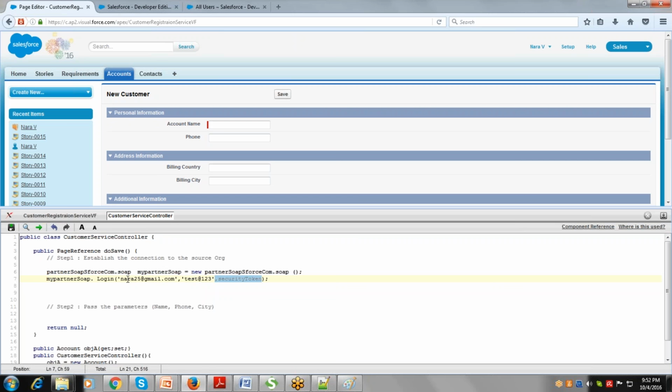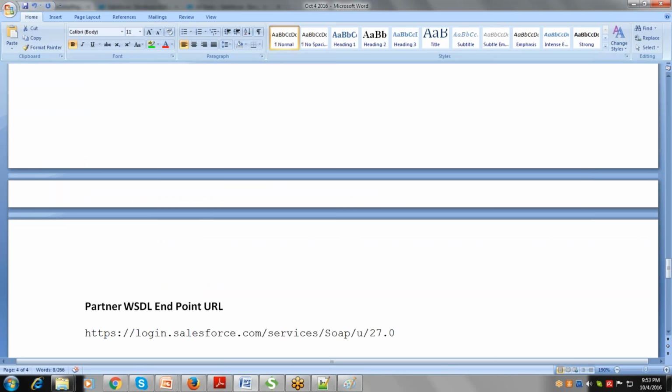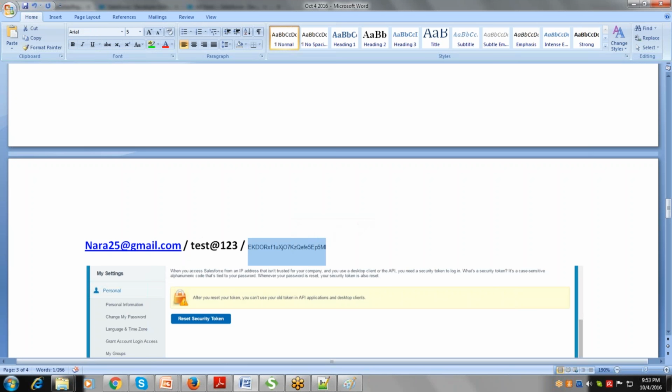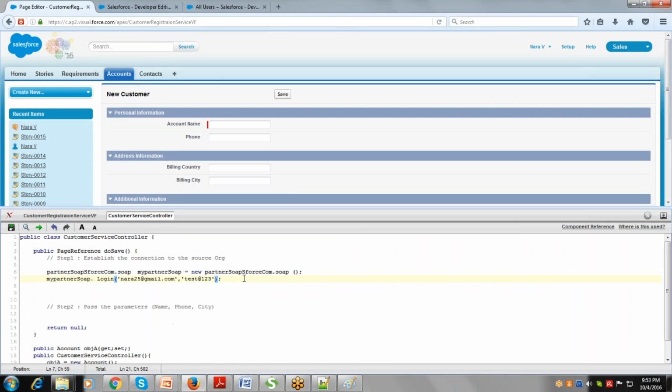And what is your security token? In addition to the password, it requires a security token in the authentication. So here is a security token. Copy this and use it here. So I'm using the security token. So this is the connection parameter. Once you call this method,